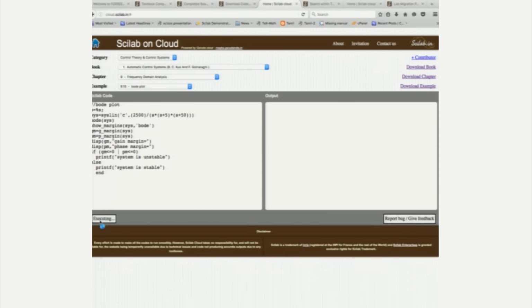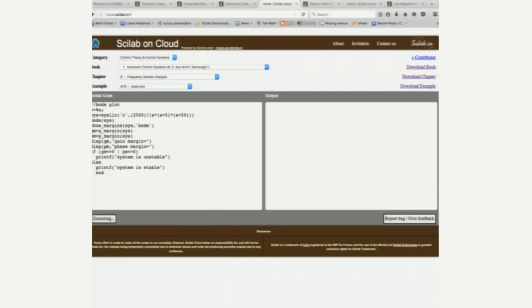Of course, in order to do this, you need to be on the cloud. That means internet should be available to you. The previous one, which you downloaded, you can do offline. Alright, what happens is now this example is sent to the Garuda cloud in Bangalore, where it executes and the result will come. So let us not wait for it.